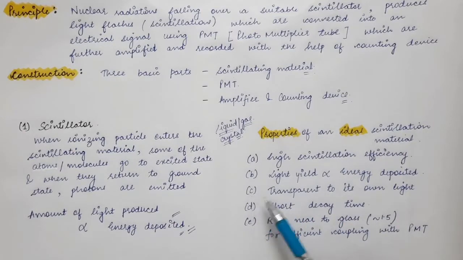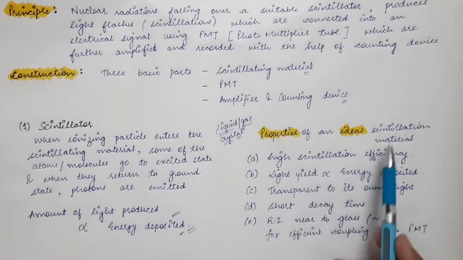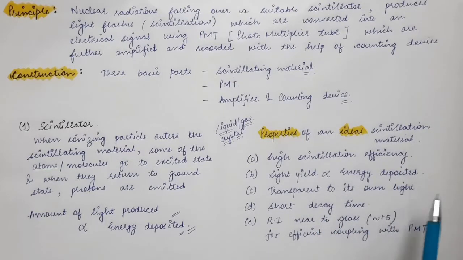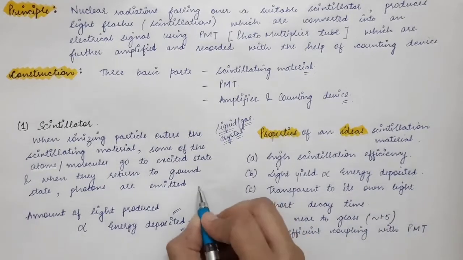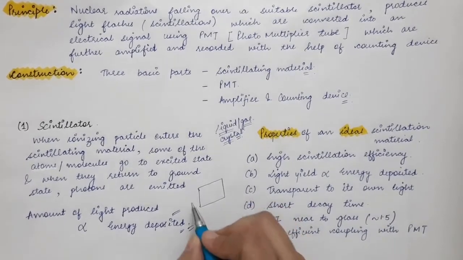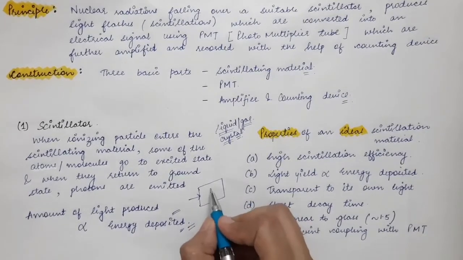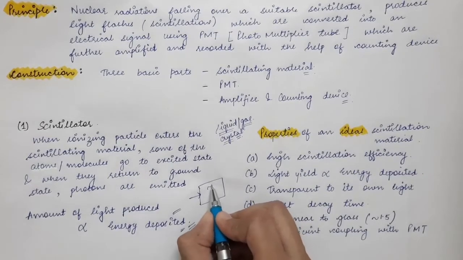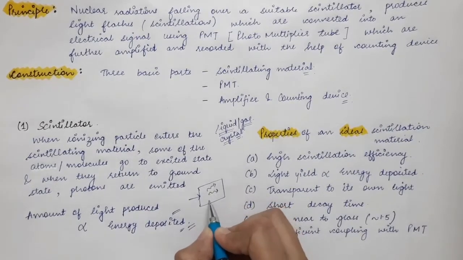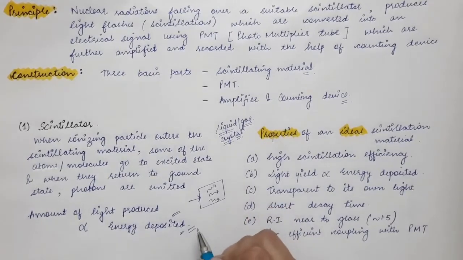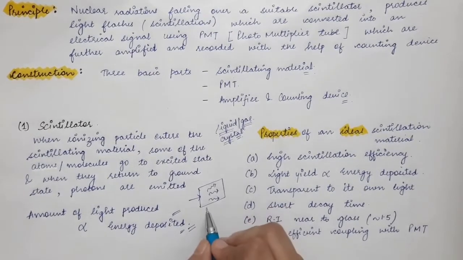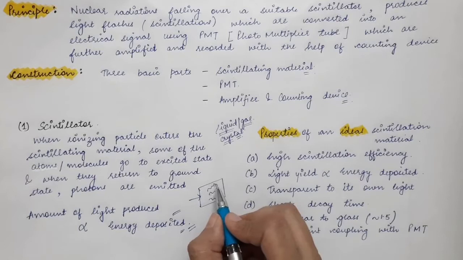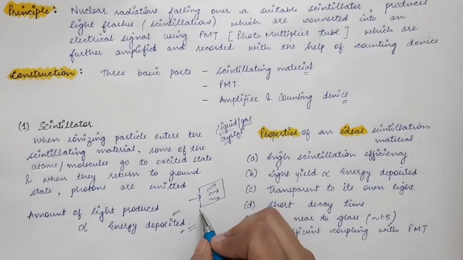The third one is that the scintillation medium must be transparent to its own wavelength of light emitted. As we have seen, if you take any scintillator, incoming radiation enters the material and transfers its energy to it, and in return the scintillator produces light flashes. Now the other thing that can happen is that these light flashes could be absorbed by the other atoms of the same scintillation material.